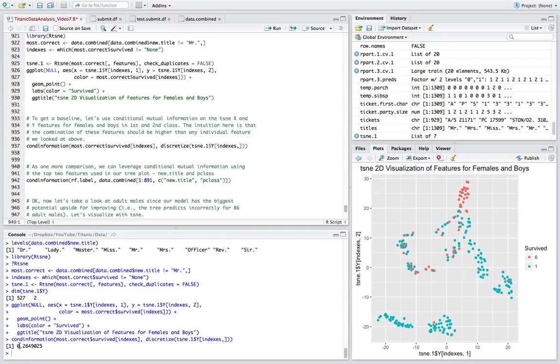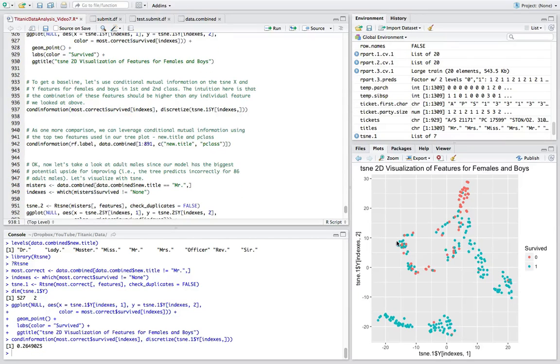And we get a pretty high number, 0.2649. Now, if you recall from last time, our highest single mutual information was title, and that was 0.17-ish. So this is quite a bit higher. Well, that's cool. Now, we can compare how good this 2-dimensional representation is at